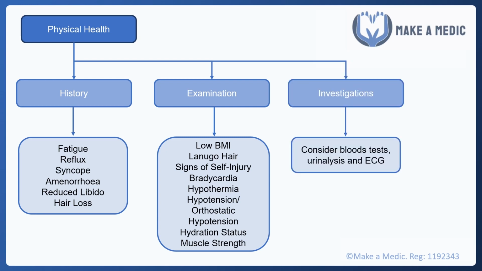We will also look for things like signs of self-injury which need to be inquired about. And then investigations. So in primary care, it may be that you don't perform any investigations. However, in an acute hospital setting, we would be considering blood tests, urinalysis, and ECG. The ECG, we're looking for bradycardia or a prolongation of the QT interval. Urinalysis may allude to kidney damage, and then there are a range of different things we may look for in blood tests, which are also detailed in the MEED Guidelines.